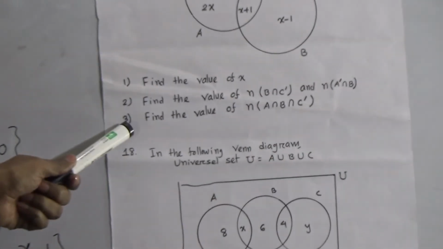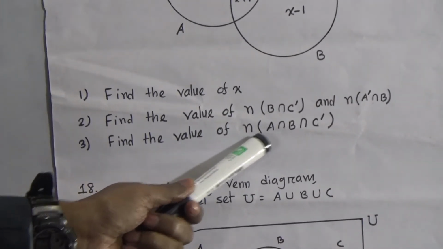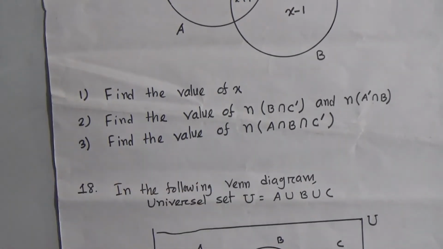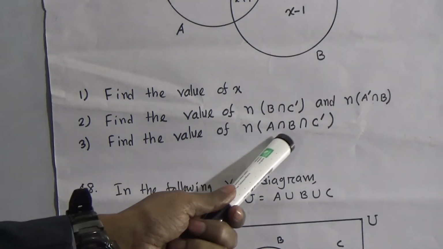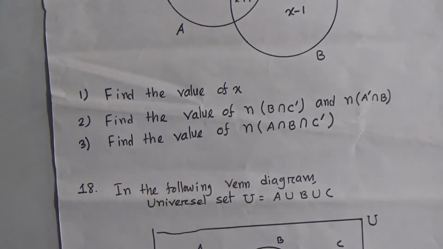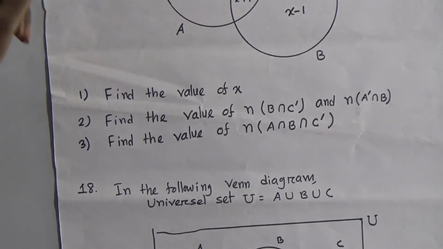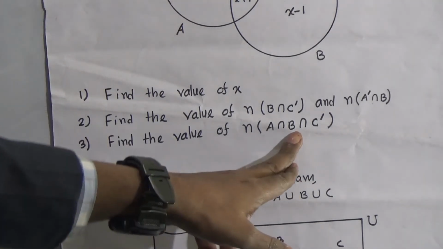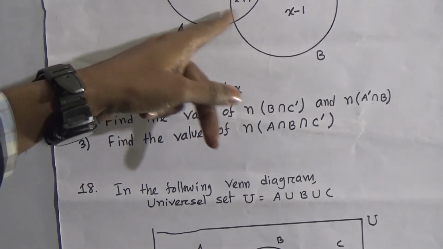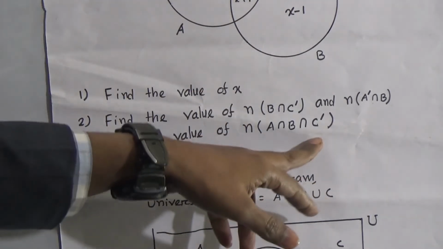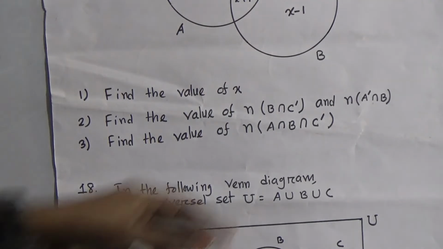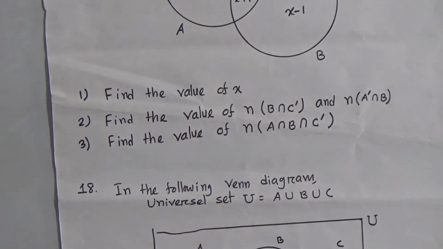That means sub number 3. Find the value of number of A intersection B intersection C complement. You see the A elements are 2x, 2, 3, x plus 1. B elements are x plus 1, x minus 1, 3, 0. And C complement means we have determined here 2x, x plus 1 and